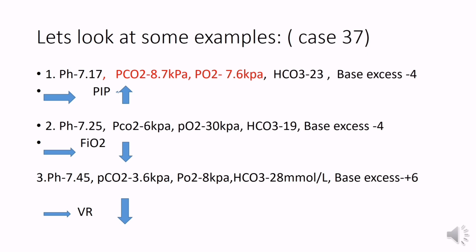So they have given the ventilatory rate 60 per minute, FiO2 60% inspired, PIP 22 centimeter of water, PEEP 6 centimeter, inspiratory time 0.6, 0.4, tidal volume 3.6. So these are the values that you just need to go through. This is just a question.